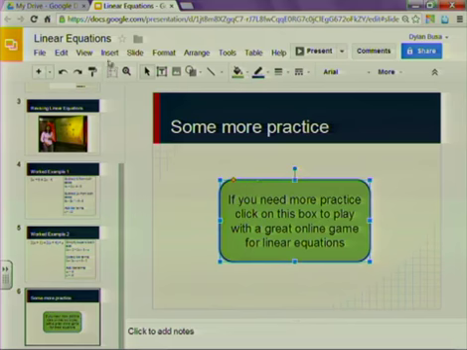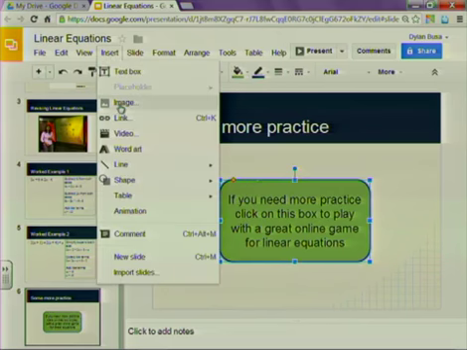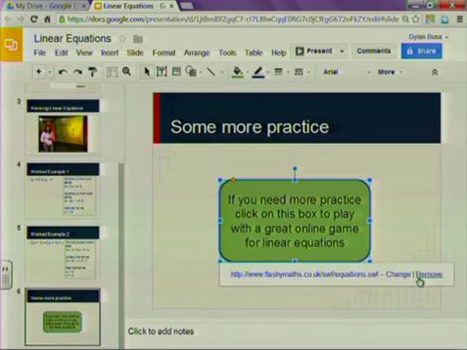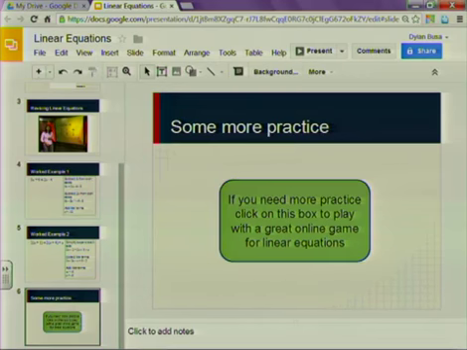So select the text box and insert link. And we can paste the URL in that, and I can apply it. And now when users click on this box, they're going to be taken to that address. And I'll show you how that looks when we get onto the lesson where we actually show you how to